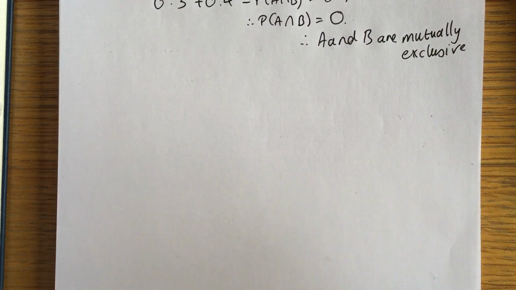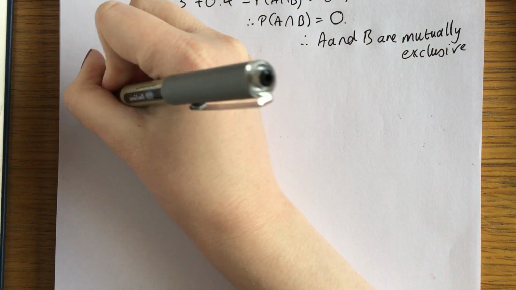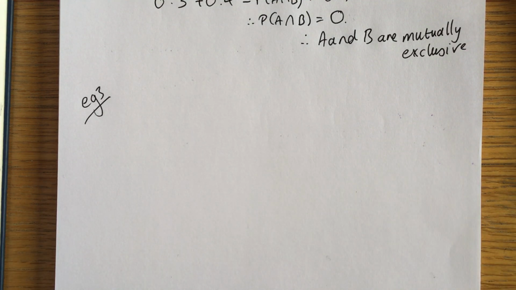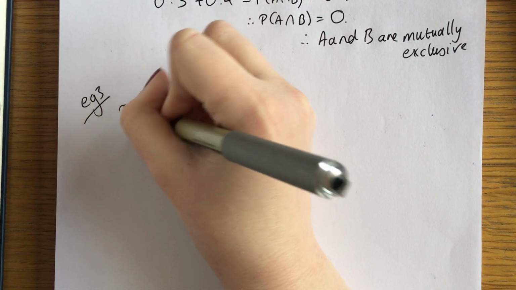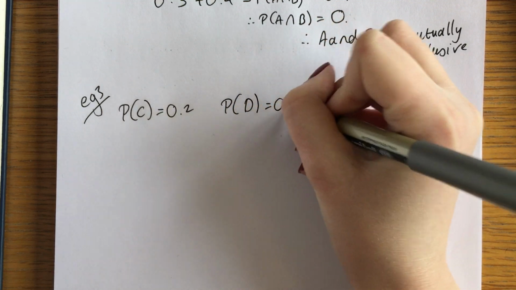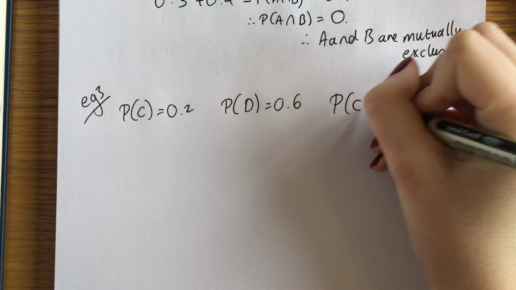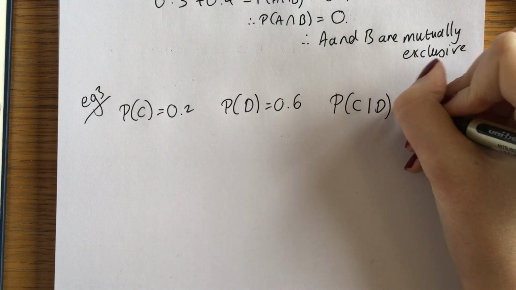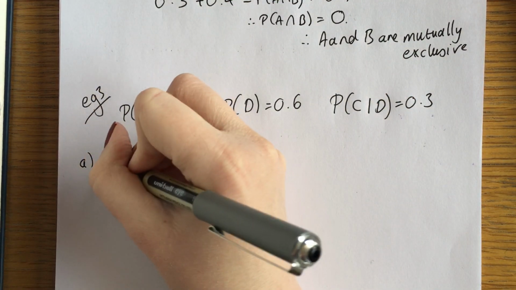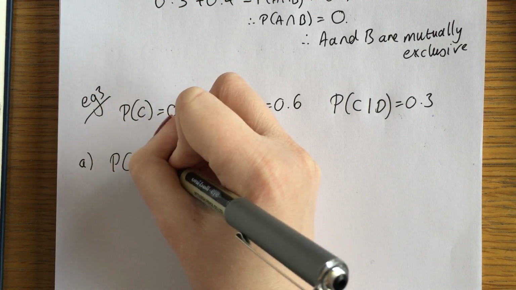And finally, example number 3 on this part, before we move on to our very final bit, the really tough probability tree diagrams. C and D are 2 events such that the probability of C is 0.2 and the probability of D is 0.6. And the probability of C, given that D has already happened, is 0.3. Find the probability of C